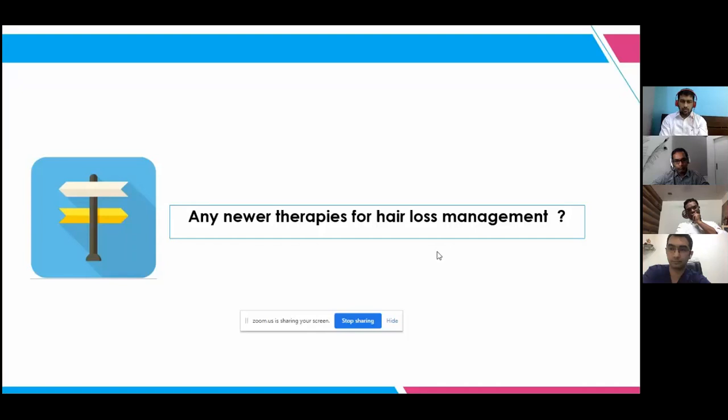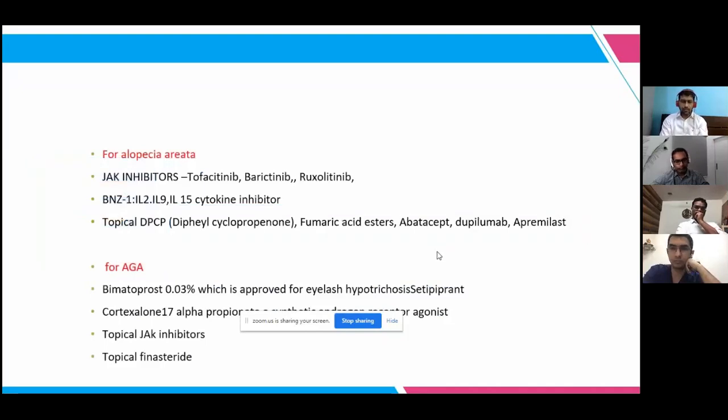Yeah, I'm asking about oral therapies. Well, not oral, I mean systemic therapies, not the procedure therapies. Not really, apart from, I think probably you have heard of Tofacitinib, because I myself tried Tofacitinib on alopecia areata patients, but it didn't work out that well. People say that it works, but for me it didn't work.